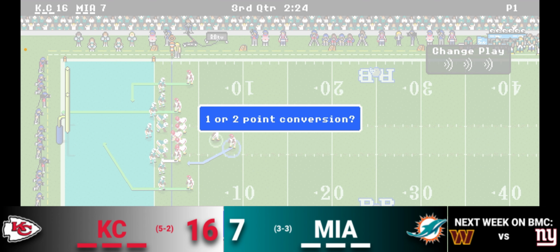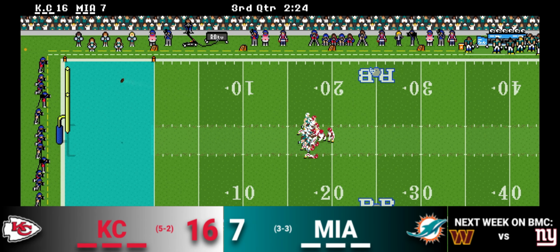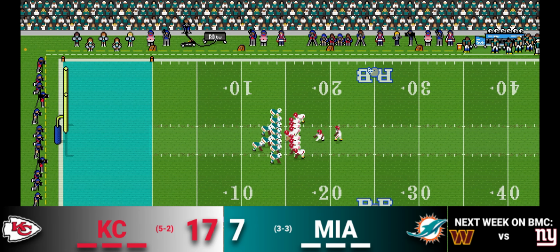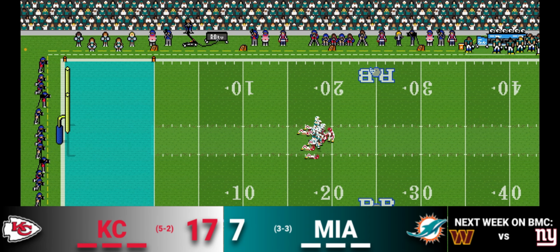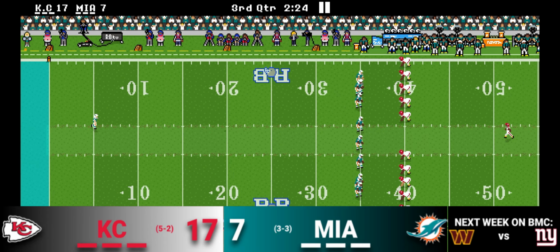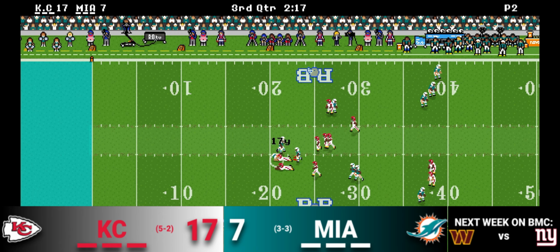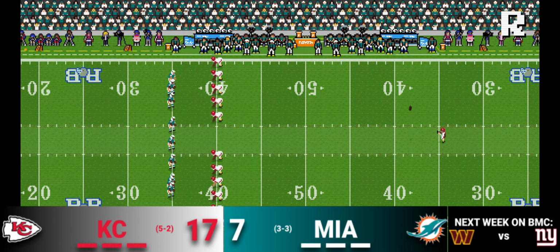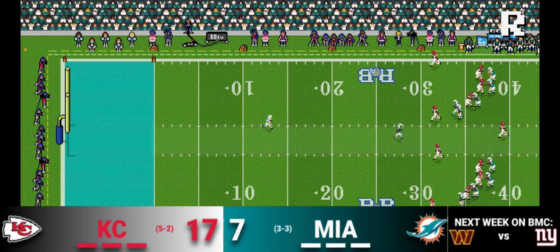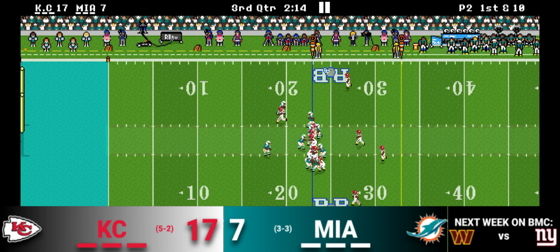And now extra point incoming for Harrison Butker. And the kick is good. And so now 17-7, Kansas City is up. And we'll see how Miami will respond. And they'll start out with a solid return to the 23. And so, Tua and this Miami offense looking to answer back with a touchdown of their own,